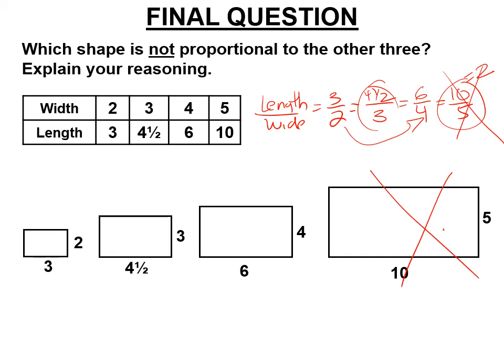Now we could double check and do 4.5 divided by 3, which is 9/2 divided by 3, which is 9/2 times 1/3, and we can cancel there, and we get the 3/2 again. All right. So the other 3 have a k of 3/2, but the last one has a k of 2, so it's not proportional to the others. Good luck on the